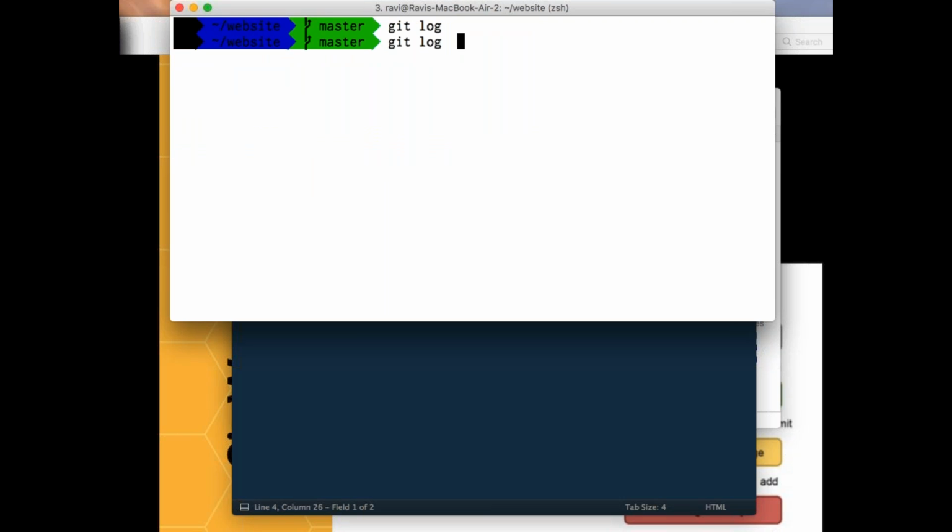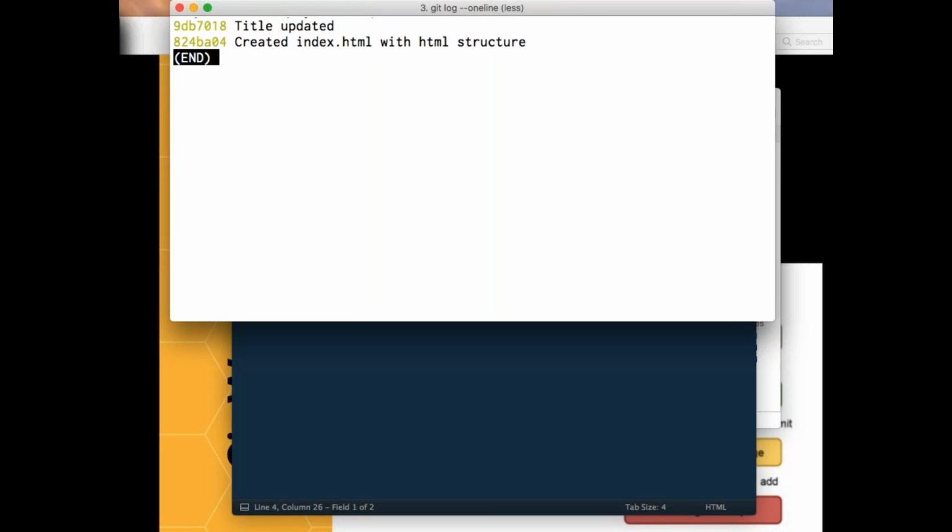Now you have a nice configuration. Git log, there is something called --oneline. Now if I do that, it's very simple. Basically, for that specific change, you get what happened, the short commit number, and the short message. That's all you need to know. You don't need the author and all these things. With this information, you can know what happened at this point of time. And if you want to see what happened at that specific time, git show with the commit number. That's all. You can see what happened at that specific point of time.